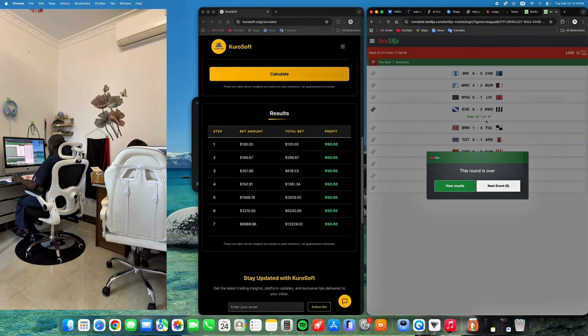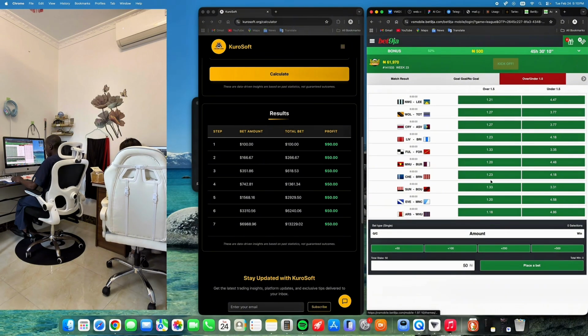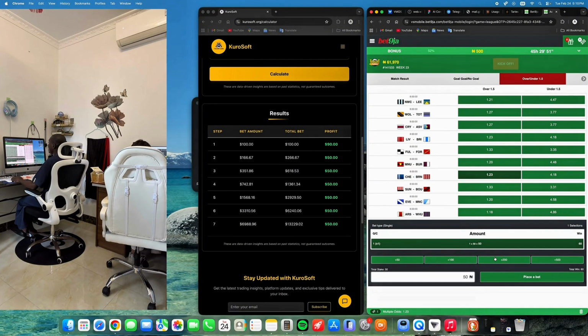So we made a win. Okay, so here is what to do. We'll come back again. We pick the odd we want to use, which has to be in that range of 1.24. Because we have already used 1.24 to make our calculation. And the nearest one to 1.24 here is this. So when we used 100 earlier, we made 130. So we are going to go in with 130 this time.